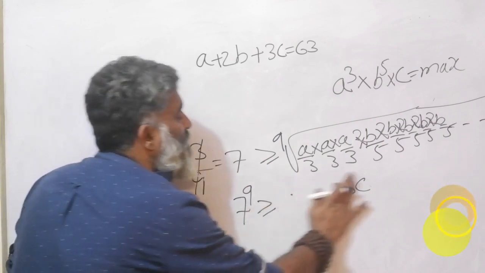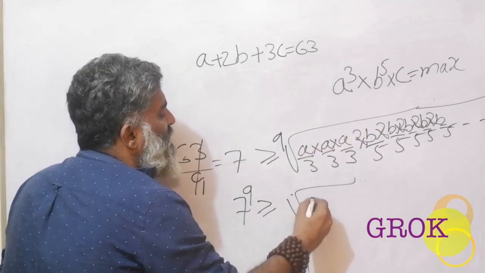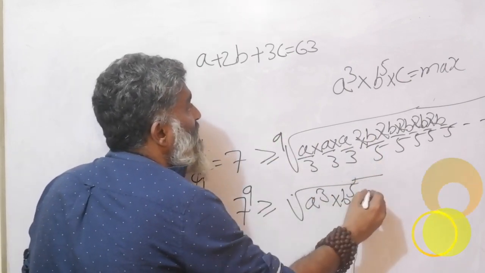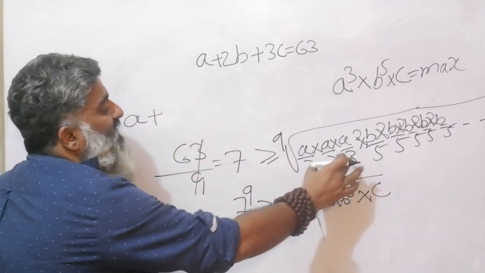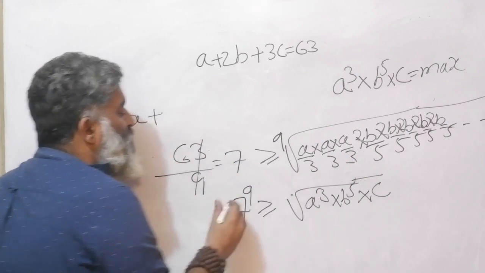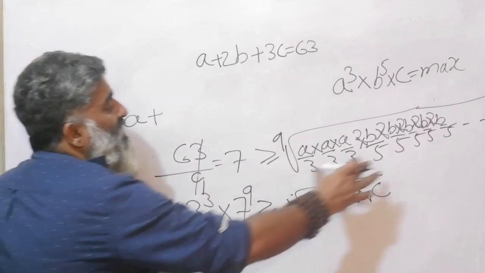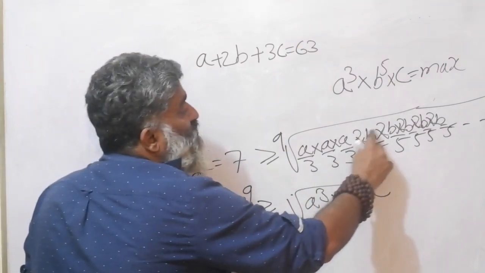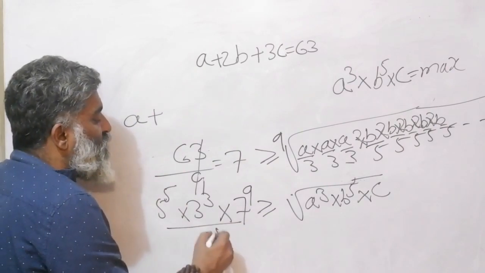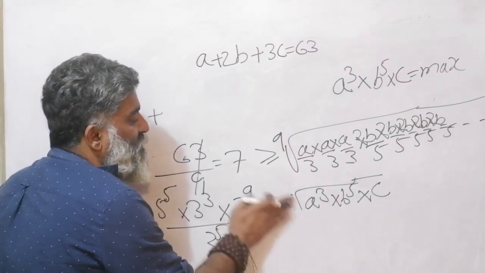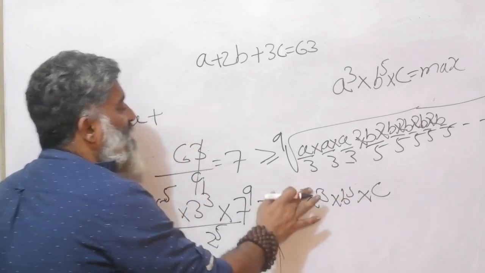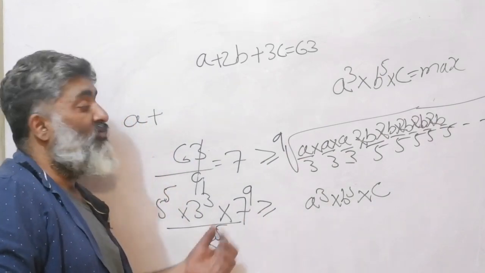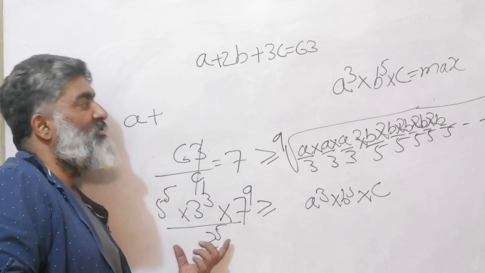And on the other side, you will have an a cube. You will have a b raised to 5 as well. And you will have a c. But what is it that you have to carry on the other side? This 3 cube will go to the other side. It will become 3 cube. This 5 raised to 5 will also go to the other side and become 5 raised to 5. This 2 raised to 5 will come in the denominator, so 2 raised to 5. This also should have been removed. I don't need this anymore because I've already raised it to the power. So this expression is less than equal to this number. So what is the maximum value of this expression? This is the answer, right?